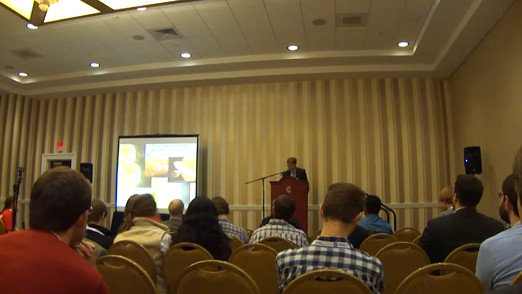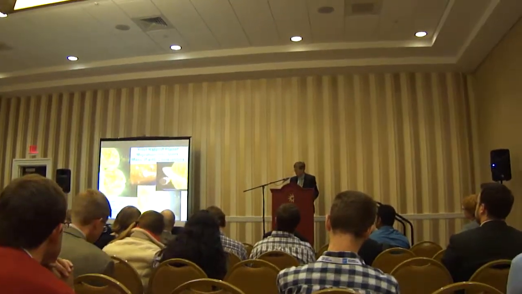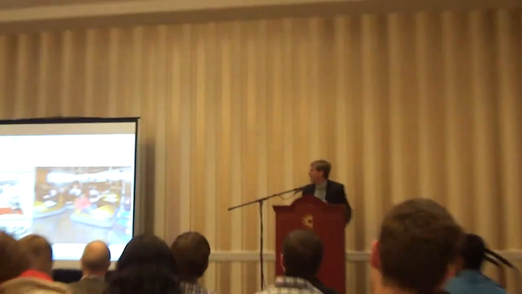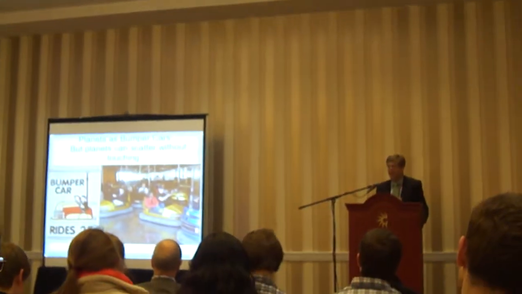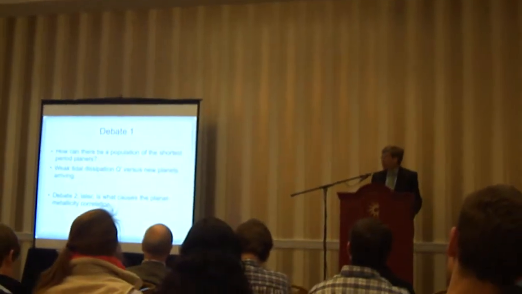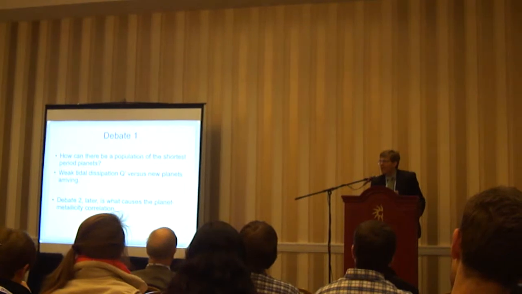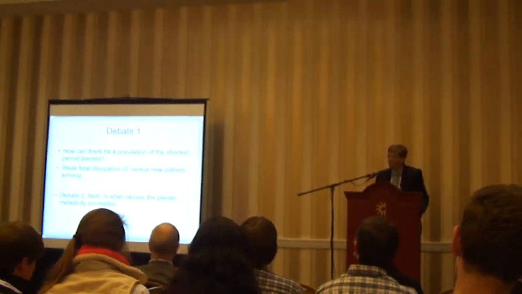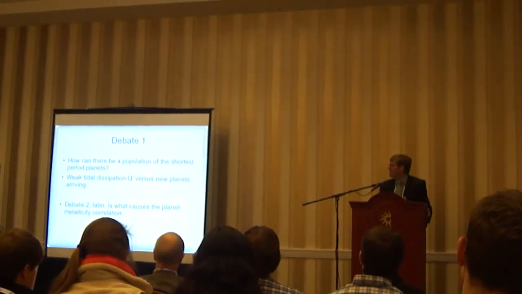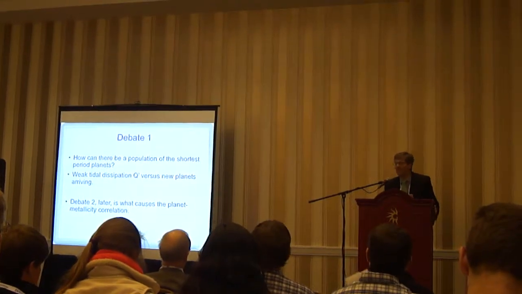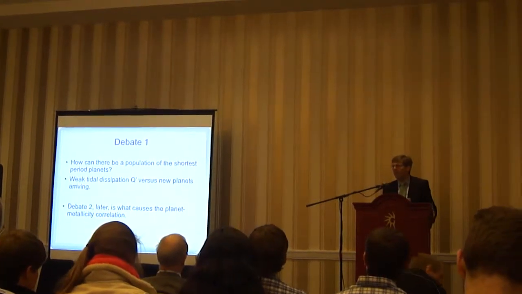Thank you. I'm going to talk about two debates that we have in exoplanet science that come from the distribution of planets. Now, planets are a little bit like bumper cars, but they scatter without touching. The first debate comes from having found planets that are too close. That there seems to be an excess of hot Jupiters, of giant planets, in the one-day period